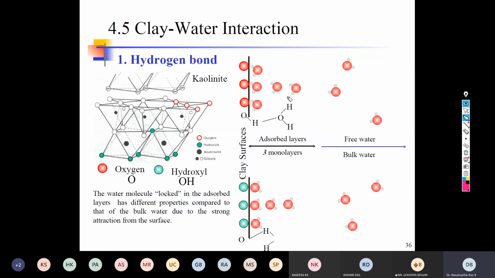Now you understood when you recall your plasticity chart. What they are doing is, until the shrinkage limit, you are filling the pores only. Now, as you increase the thickness of the diffusive double layer, what happens to the soil mass or soil volume? It expands. It is increasing. The increase is not because of an increase in particles. It's because of the increase in the thickness of the diffusive double layer. You got it? Yes, sir. Okay, good.